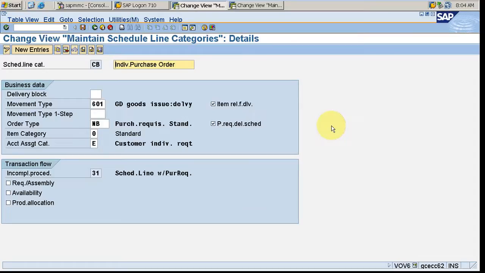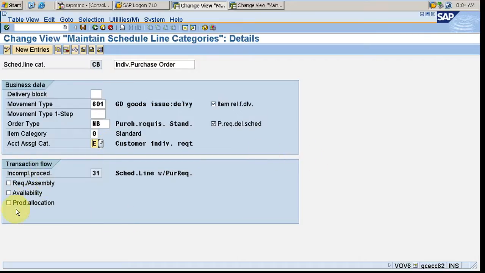Okay, so account assignment category, this will help decide whether to generate the accounting document or not. Okay, in standard generally the accounting inventory document would be generated. Okay, so next is purchase requisition delivery, we have seen this. And next is transaction flow.